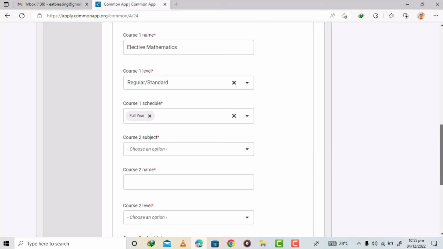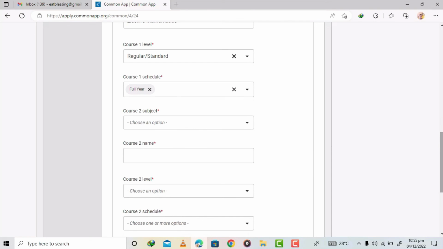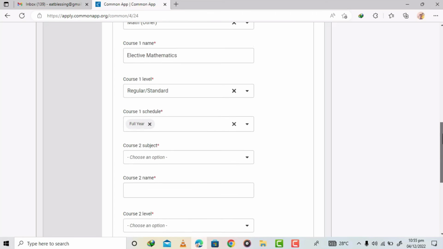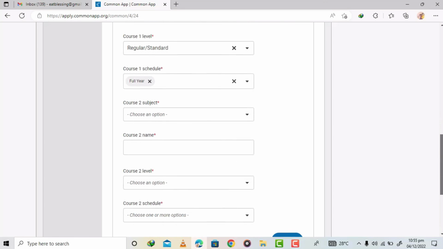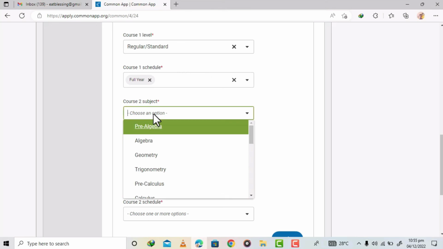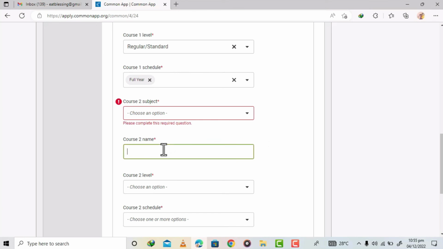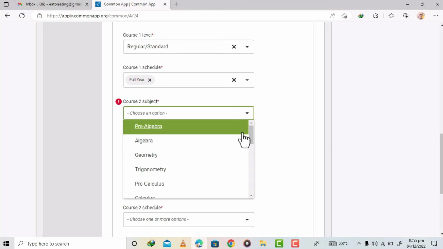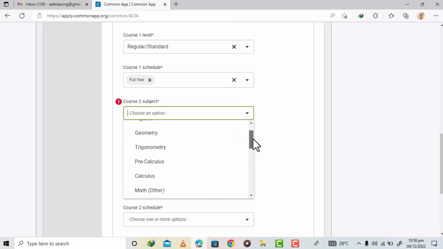It was a full year course, you do it till you complete. Or let's say you're talking about the year you're graduating or the year you're applying. It is for first year and second year. First semester, second semester. If it is trimester, I think you'll be doing all throughout, unlike elsewhere in the US. So you choose full year, and then with course 2, I'm going to report a different course. But before I choose the category, let me type the course name. Let's say social studies,